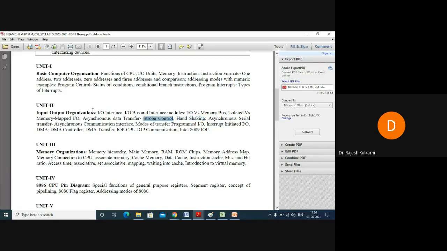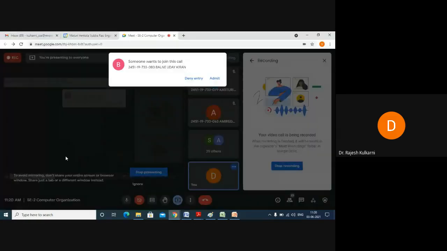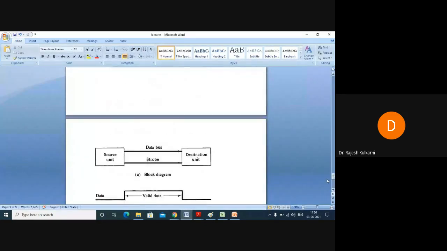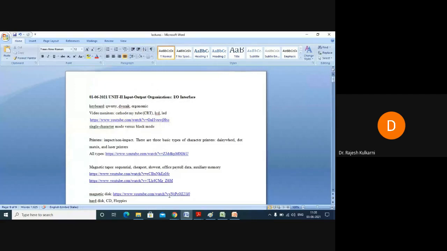But we also promised yesterday that we'll be recovering or at least revisiting these topics. Because at the end I might have rushed a bit, or it requires a bit more focused attention to understand isolated versus memory mapped IO. That may be the reason. So let us come back to where we had started.